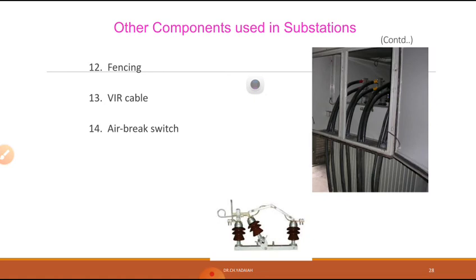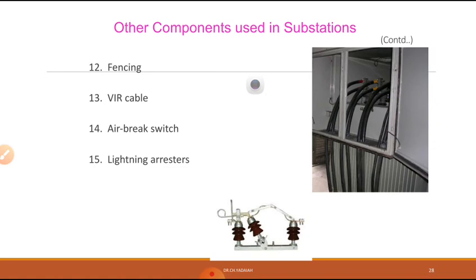If an arc comes, then automatically the tips of the male and female contacts may melt. So the AB switch male and female tips are designed based on their making and breaking current capacity. Whereas the isolator can be operated under no load condition only, so it is designed in such a way that there is no making and breaking capacity design. These are the differences between isolators and AB switches.